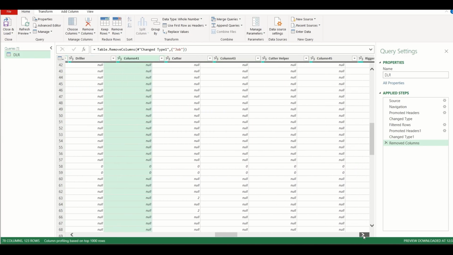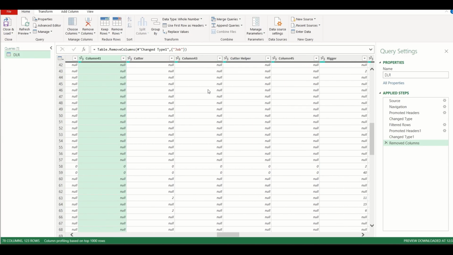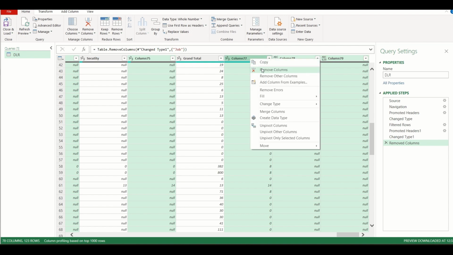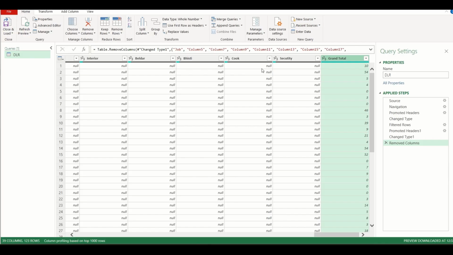During the entire process, your control key must remain pressed. So now all the columns have been selected while the control key was pressed. And now right click on any of the column headers and click on remove column. You can see all the steps that you have applied till now are listed in the right side panel under